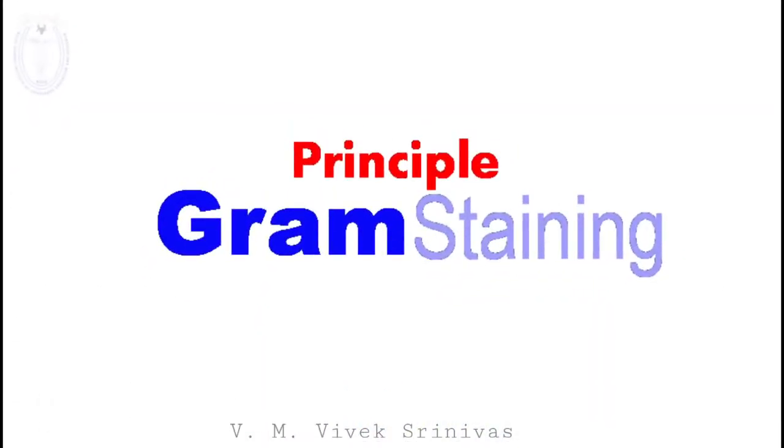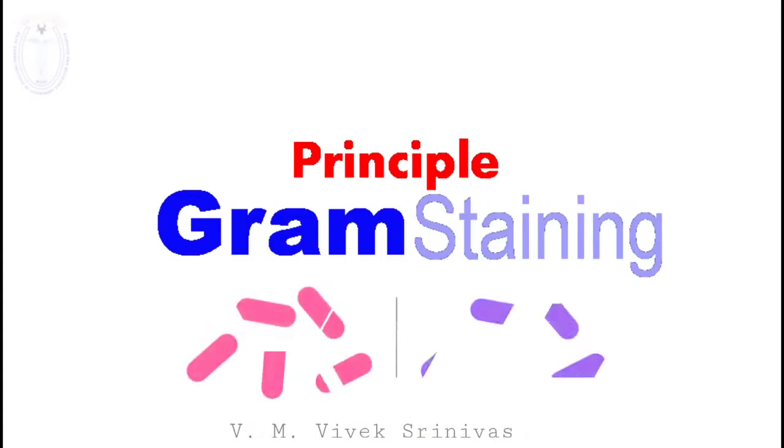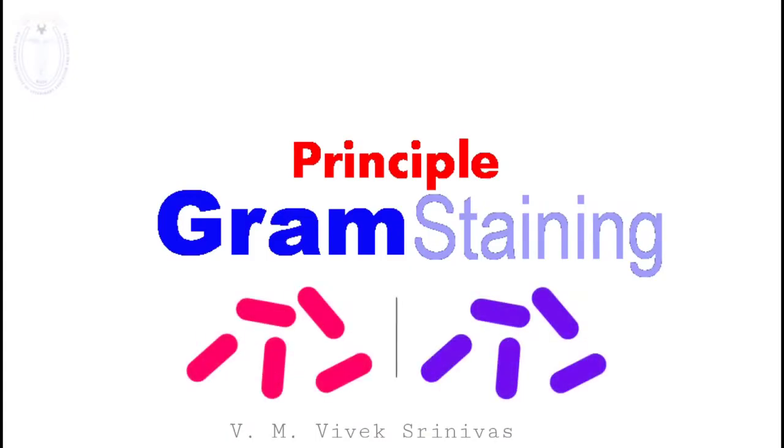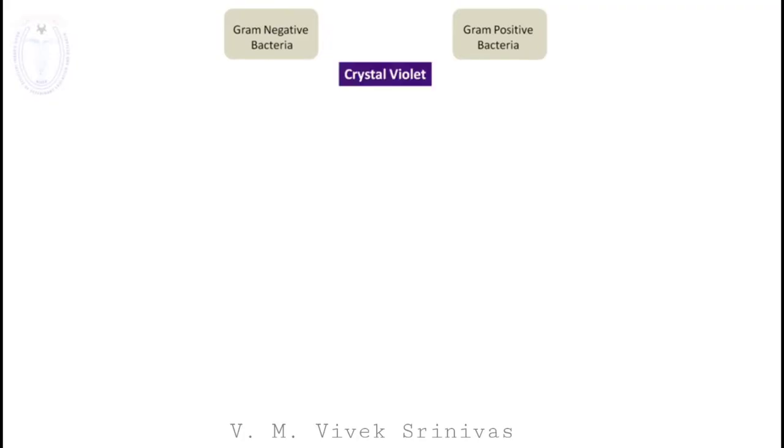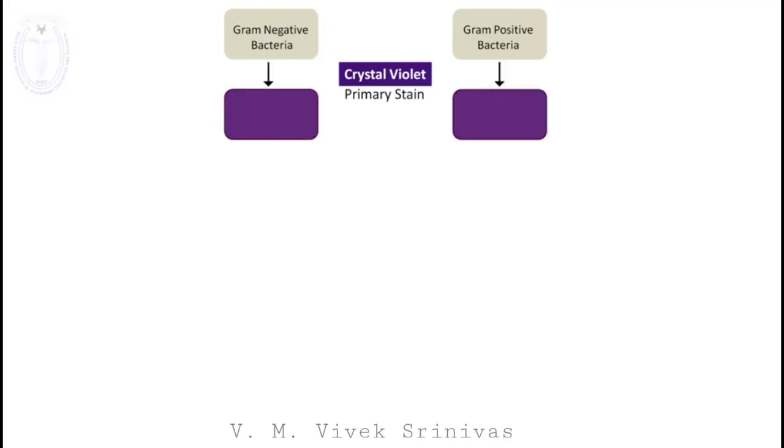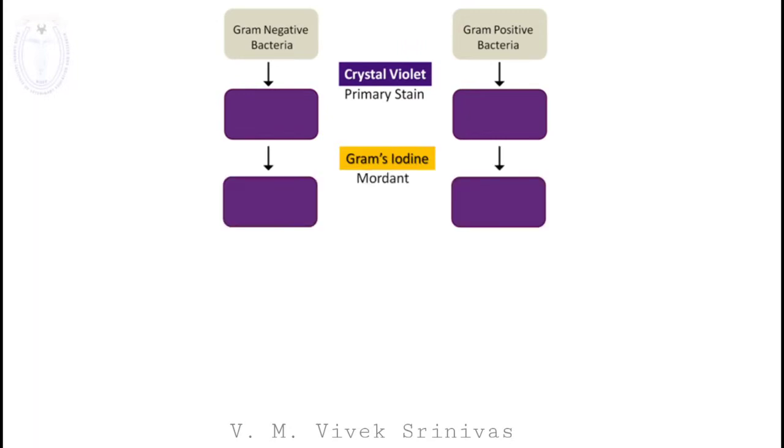Coming to the principle behind the Gram staining technique. This technique differentiates the bacteria based on their coloring property. Therefore, we see the coloring property of these two bacteria in parallel. Once the bacteria are treated with crystal violet, which is a primary stain, it gives a deep violet color to both the bacteria. Next, once the bacteria are treated with Gram's iodine solution, which is a mordant, it fixes the crystal